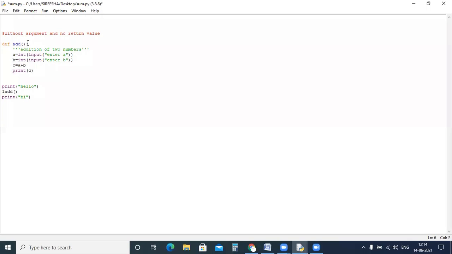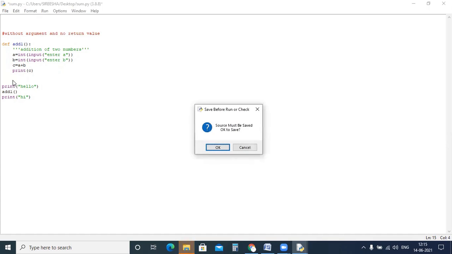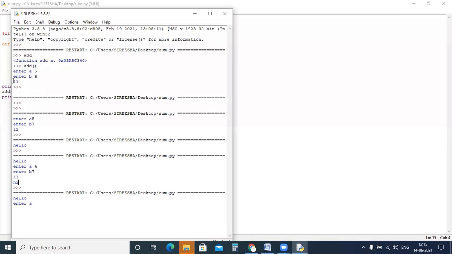If you want, you can take it here, add1. After letters we can have numbers. Now let us check it here. Add1. So now we are not getting any error here.